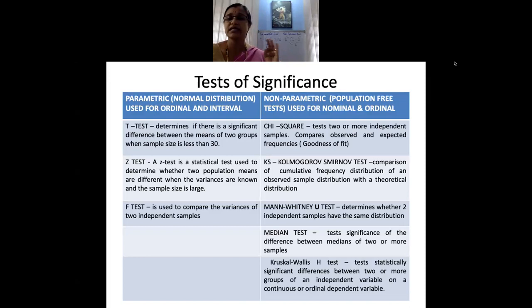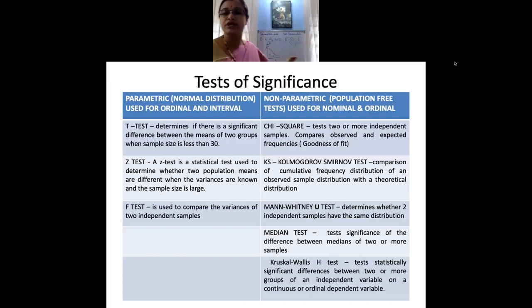So parametric tests are basically used for normal distributions. Now, under normal distribution, the most used is your t-test. Why I'm telling you the most used is your t-test is because by and large, if you want to find out the difference between the means of one independent variable and another independent variable, then it's always better to use a t-test. Now this t-test is called a student t-test.